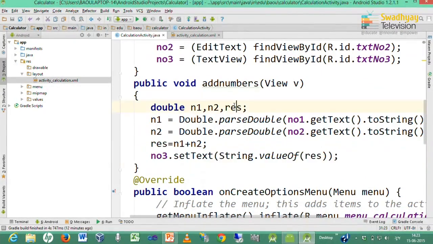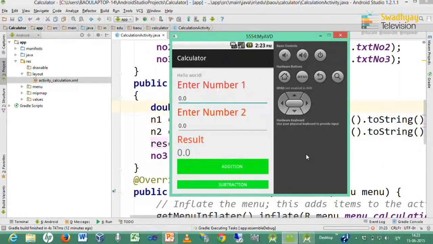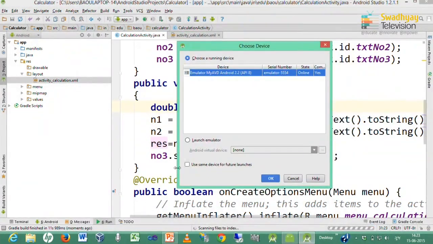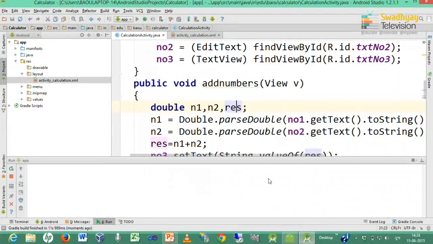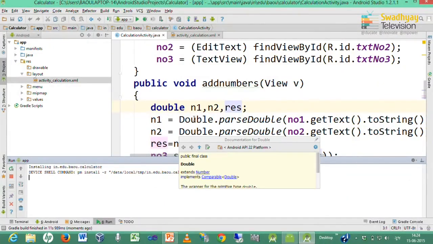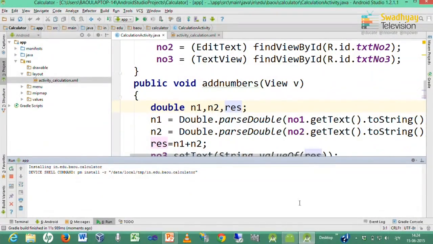Now, we want to check this method. So, again I run this and it will show our updated app in the emulator. Let us wait. It asks whether you want to run the same application in the existing emulator. You can check use same device for future launches, so you can skip this step. I press OK. Now every time it starts the application it will try to launch it in the running emulator.